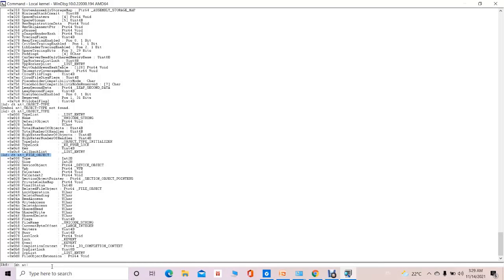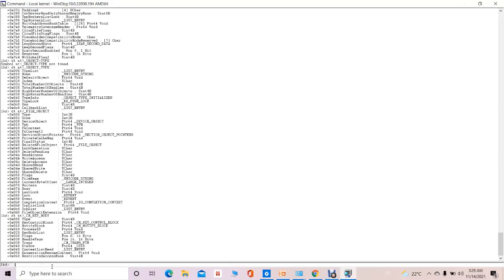So we have to use the command dt, then the punctuation symbol, then cm underscore key underscore body, and click on this particular thing.